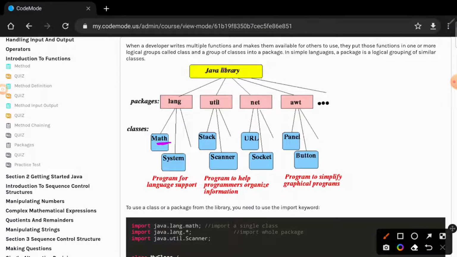So it's java.lang.Math. I can import only one class called Math, or if I want to import all the classes within lang, I will simply say import. Let me write it here again. Import